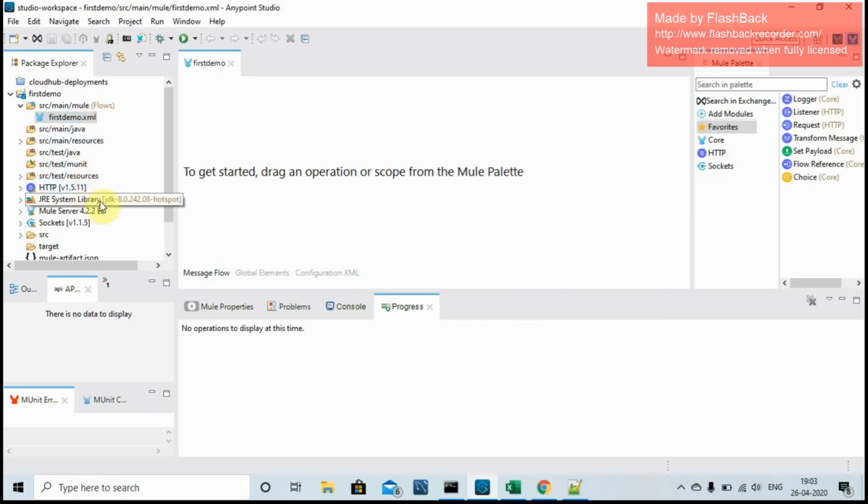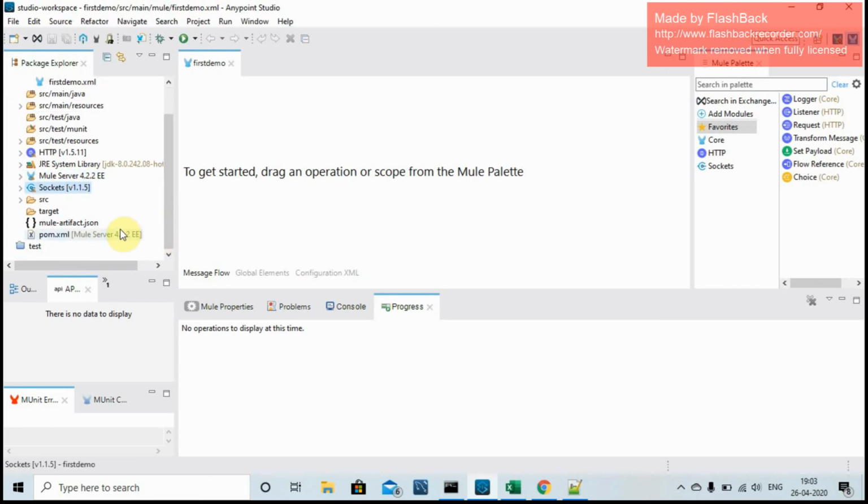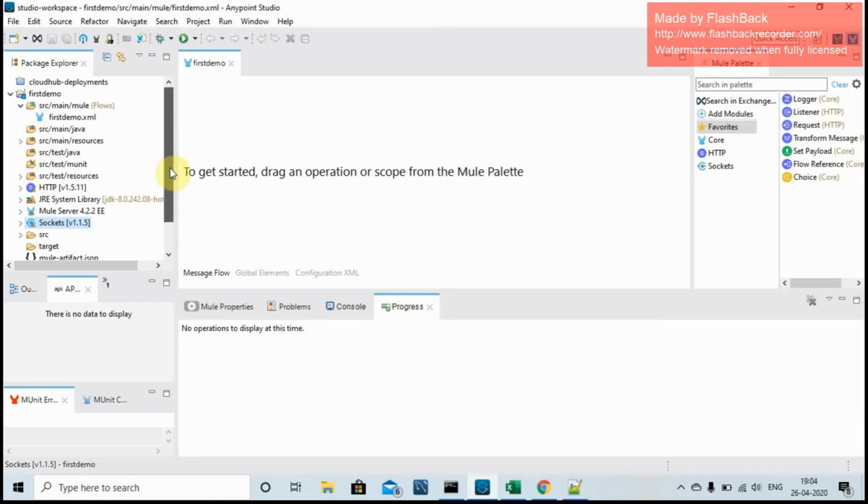Along with that, the JDK version which we have downloaded and set up, and the Mule server which we configured while naming the first demo application. Apart from that, the socket file, and there is one more, pom.xml, which is universal throughout the different Mule and other Eclipse based projects, and it will be very handy in our Mavenized project deployments and other stuff. So let's quickly start with the first demo app.